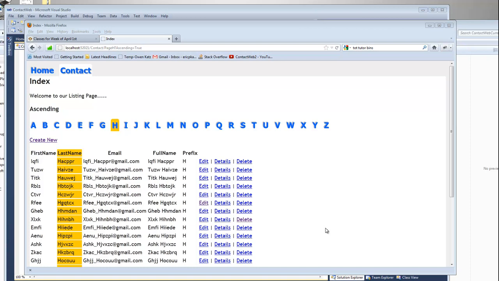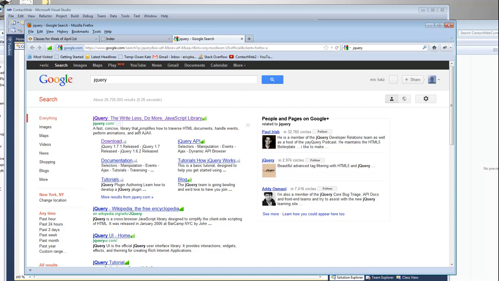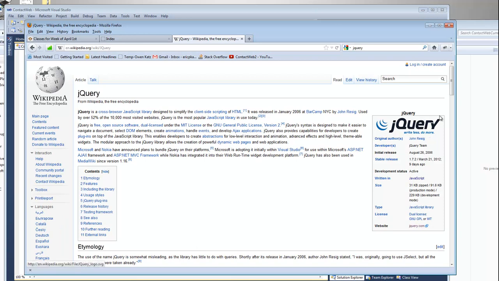In fact, it's got a lot of Microsoft support. So, I mean, you could find out a lot about jQuery, but it's one of those things where it's been around for a while. Even looking at this on Wikipedia, it's been around. It's used on a bunch of sites. It was released about 6 years ago, and I think that just the way that it was written, what ended up happening was that there were a lot of developers that were doing server-side code that didn't really want anything